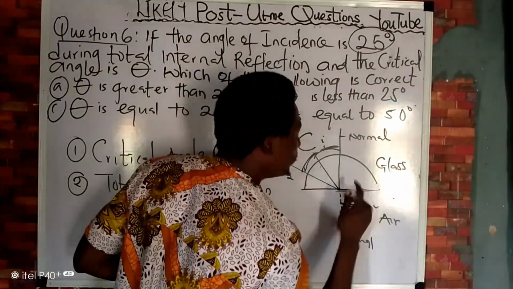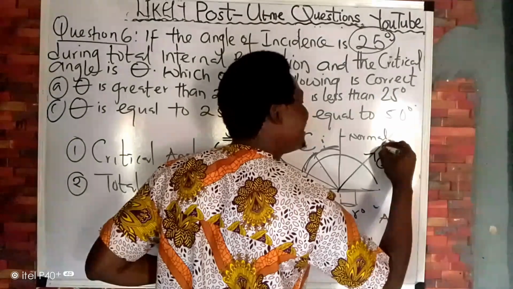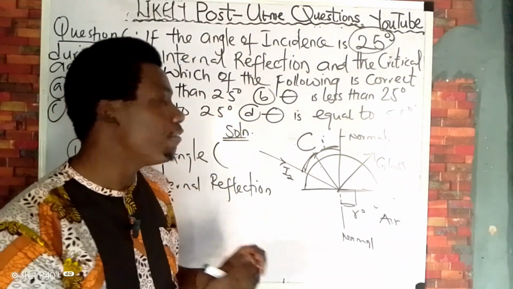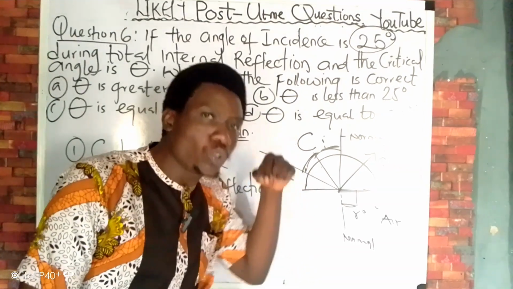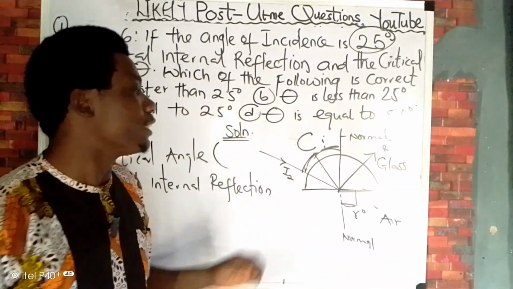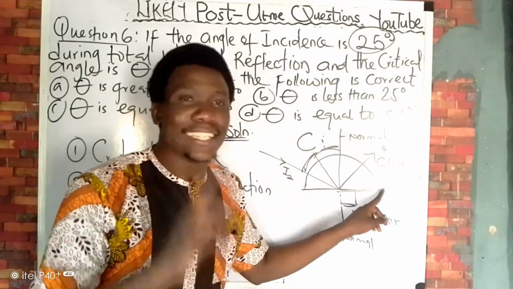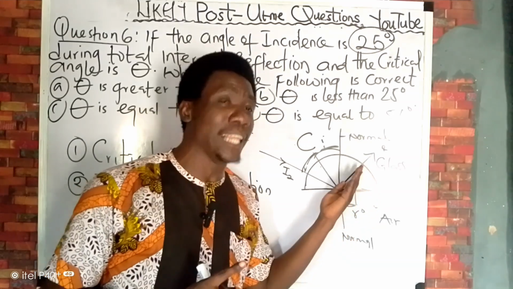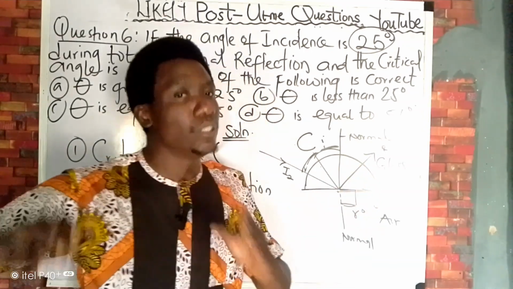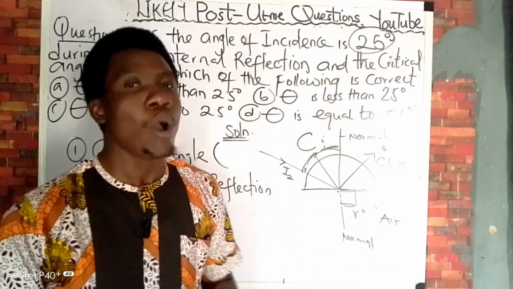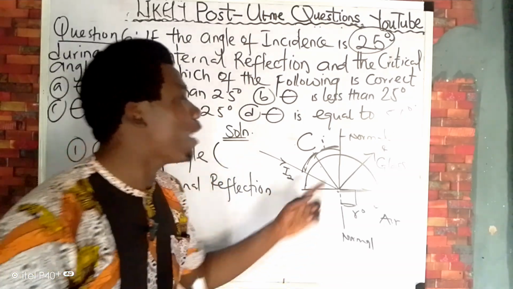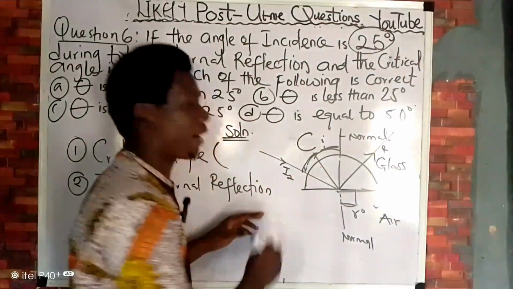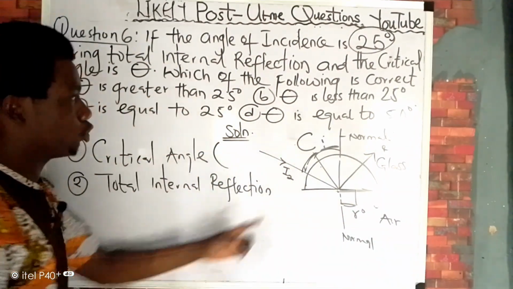So if you further increase this angle, what you will observe is that this refracted ray will become the reflected ray. It will now be reflected inside. This is what we call total internal reflection. So we first of all have critical angle before total internal reflection. It means that when the refracted ray is 90 degrees, you have critical angle. But by the time the ray goes back into the glass as a reflected ray, you have total internal reflection. But before total internal reflection will occur, the angle of incidence must be greater than the critical angle, so you must further increase it for this ray to be